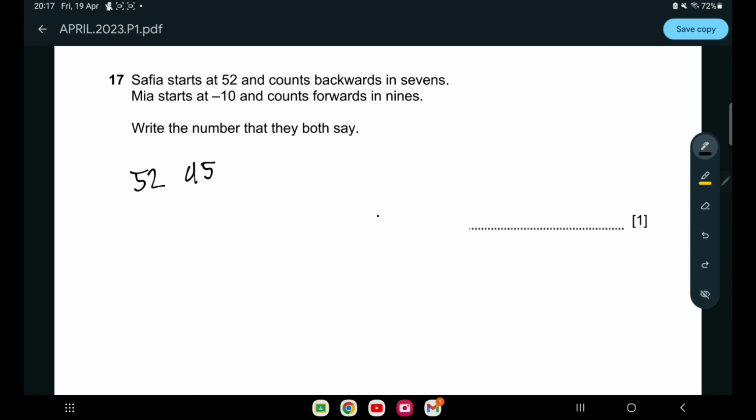Another 7 minus 7 is gonna be 38. Another 7 is gonna be 31. Another 7 is gonna be 26. Wait, is it? Wait, let me think. I'm sorry, it's 24. Another 7, it's gonna be 17, and then another 7 is 10. Another 7 is 3,